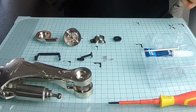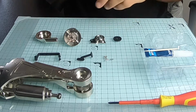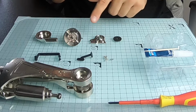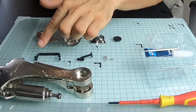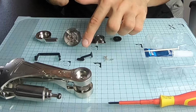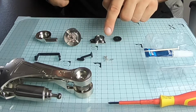So for today's issue, we need just a few bits. Starting from the top, we've got all the upper arm components here: 7.1, 7.2, 7.3 and 7.4. And then just below here you've got the head component parts, or head motor joint should I say. And lastly you've also got 5 screws, which are